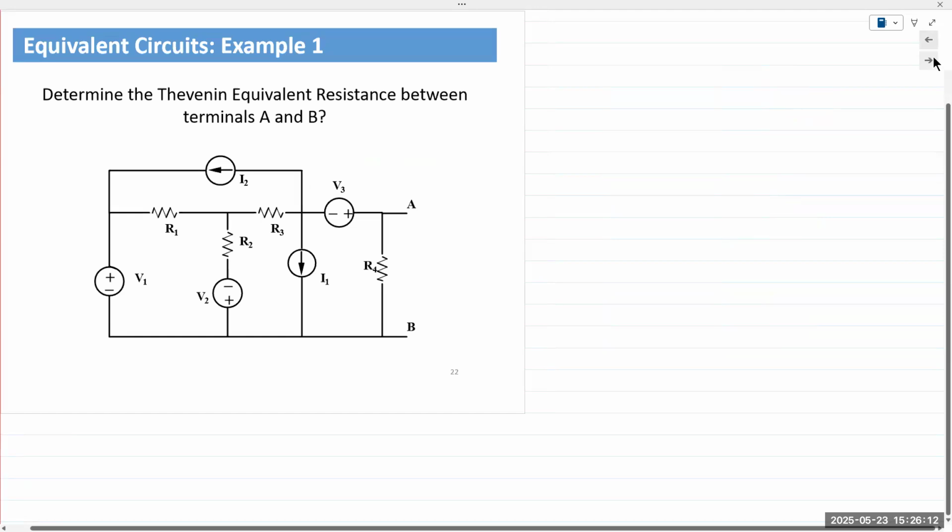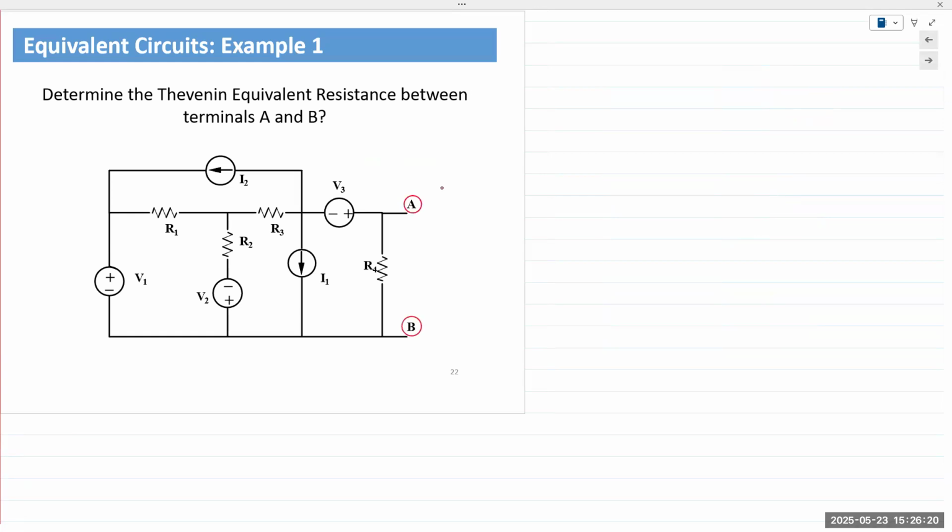Straightforward, it simply asks us to find the Thevenin equivalent resistance between terminals A and B. It does not say from the perspective of R4, or the perspective of any other component. Simply Req between A and B. Okay. So if we wish to measure Req between A and B, we need to reduce all independent sources to 0. Okay. So reducing all independent sources to 0,